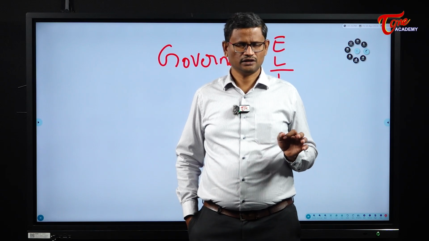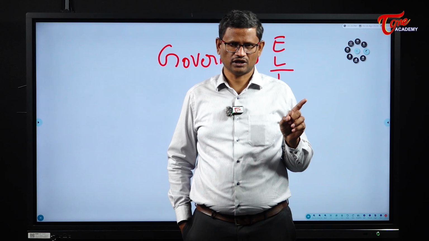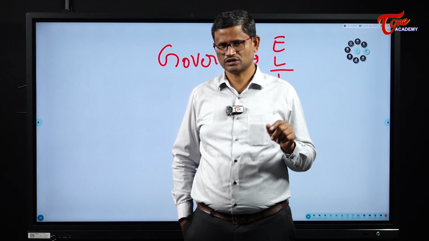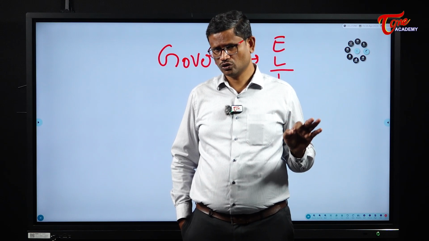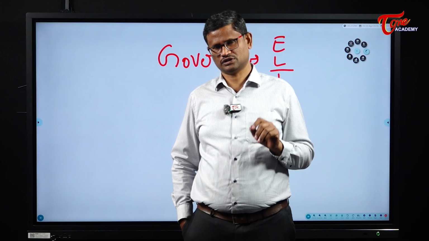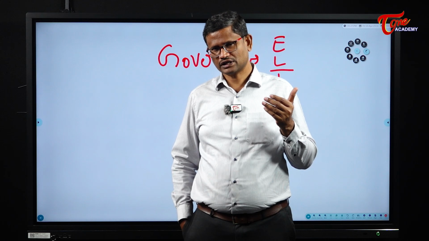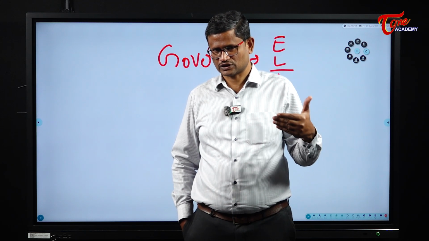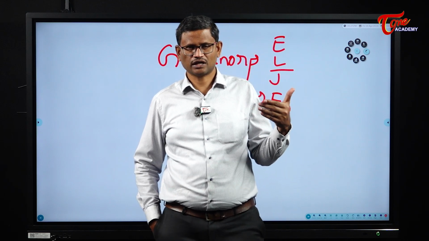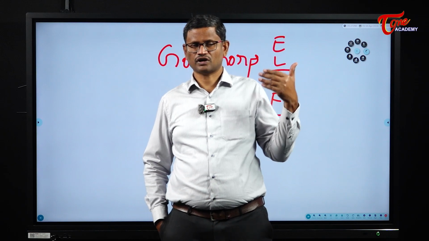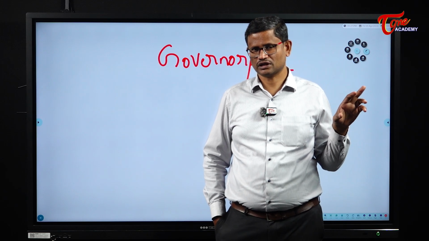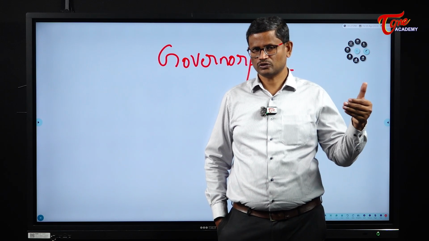Then, ideally, for a person to become the chief minister of any particular state, he should have been either a member of the legislative assembly or the legislative council. But the constitution allows a person who is not a member of the state legislature to also become the chief minister, provided he gets elected to the state legislature within 6 months. Which means a person who is not a member of the state legislature can be in the office of the chief minister for not more than 6 months. Within 6 months, he must get elected to either the legislative assembly or the legislative council. If that doesn't happen, then the person has to resign.